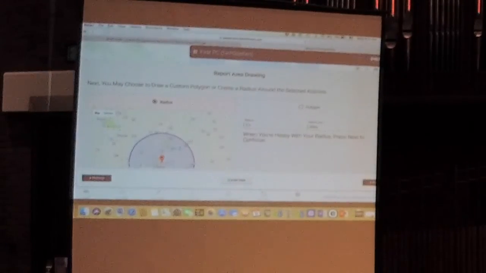And so you're given an opportunity to define the area you want. For today's presentation, I just chose to do a radius view. So you put in the address of your church, and you can choose the distance out. For today, I've done 2.5 miles and 5 miles just to kind of give us an idea. And so